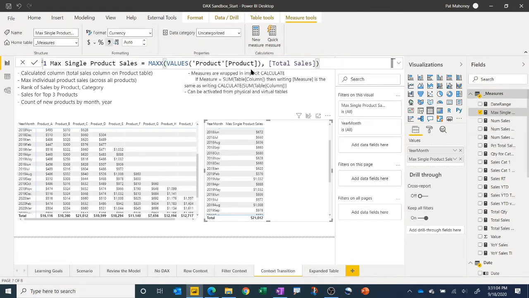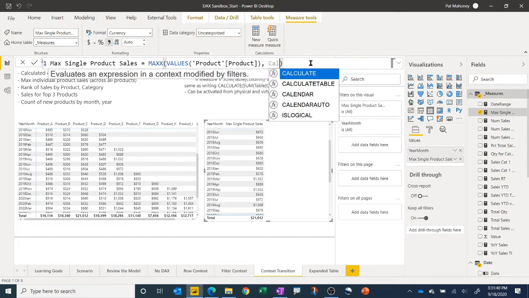but that is a pattern that you will use again and again, where I create a virtual table, I iterate over it. For each one, I do a calculation, and then I return, it could be the sum X, the min X, the max X, average X, or whatever, over this virtual table that I've created. So really useful pattern, but requires context transition, and by referencing the total sales,